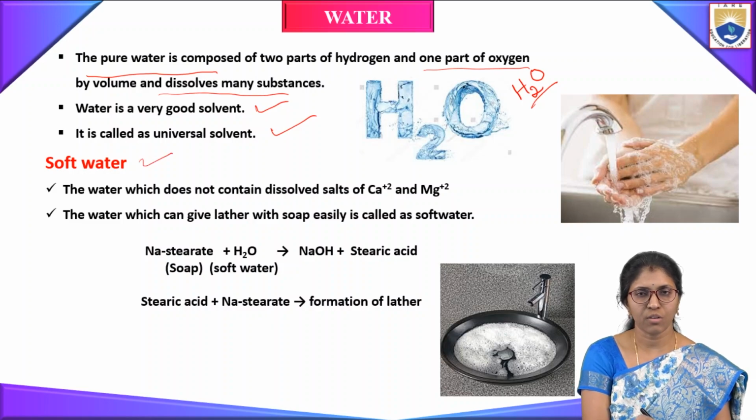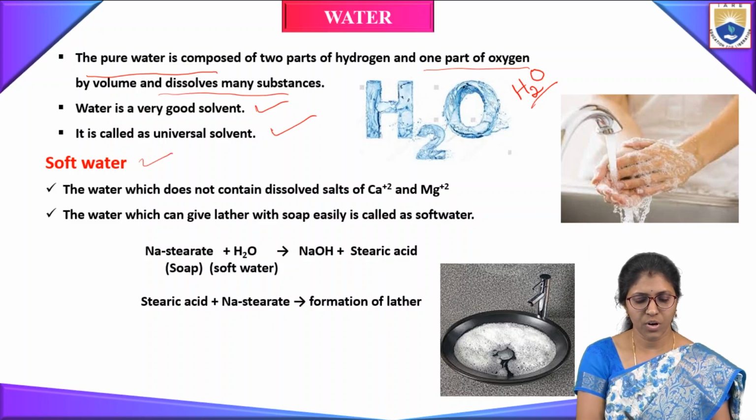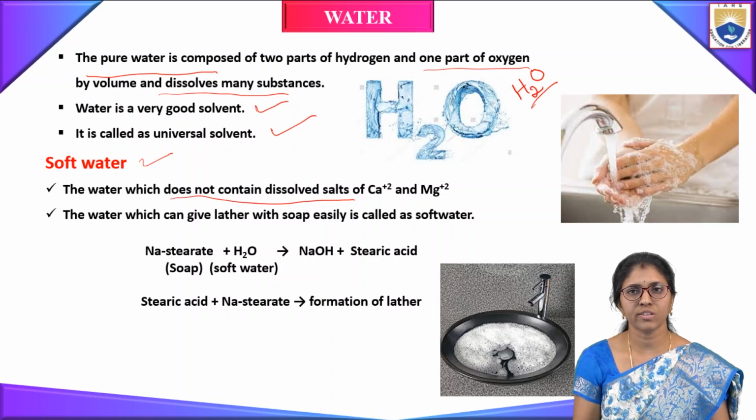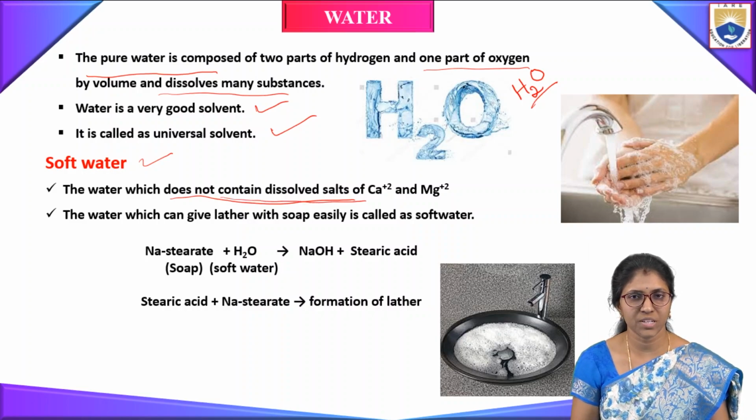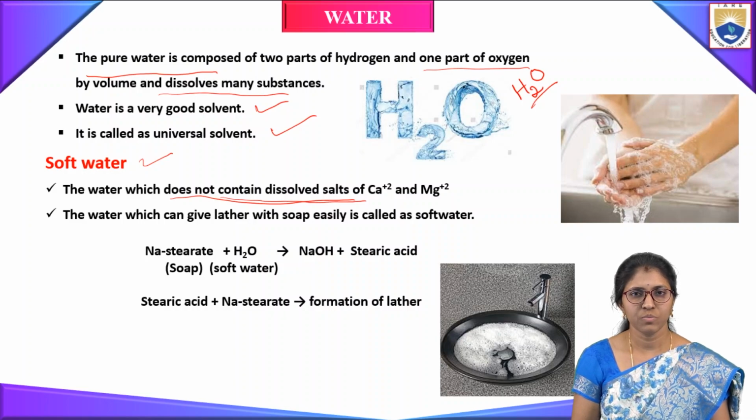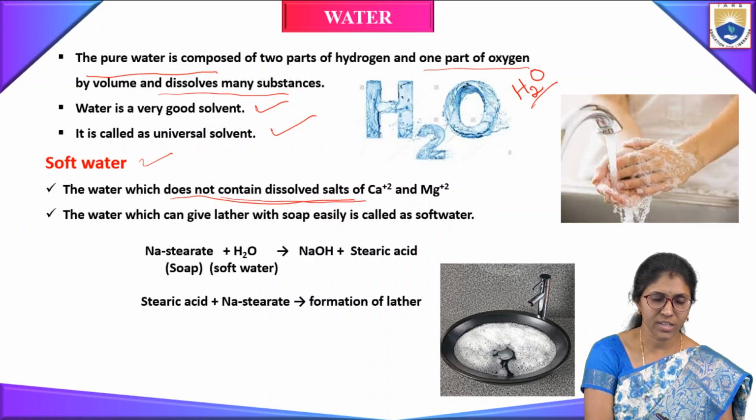So what is soft water? The water which does not contain dissolved salts of calcium 2+ and magnesium 2+ is called soft water. Generally, water consists of calcium salts and magnesium salts like calcium carbonate, calcium bicarbonate,